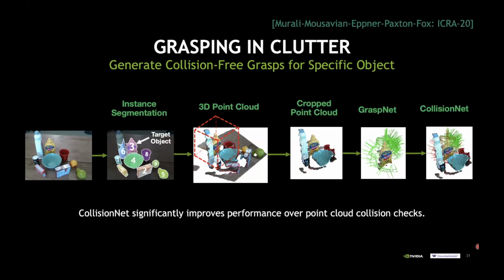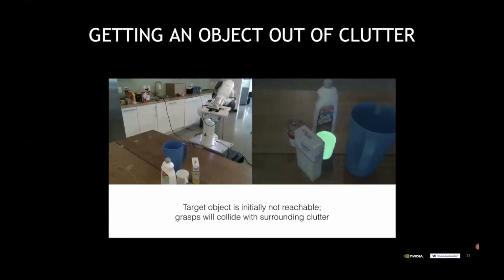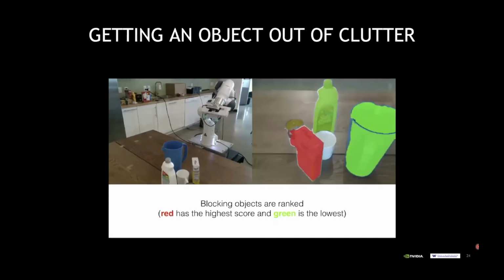So once we have this pipeline, we can now go into a scene and say the following. So here's a scene that the robot sees. On the right, you can see the camera image seen from the robot's gripper. And let's assume someone says, we want to pick up the coffee mug. So now the network looks at the coffee mug, generates grasps, and realizes that none of the grasps are collision-free because there are too many objects around it. We can now segment the scene and actually use the CollisionNet to find out which of the objects mostly contributed to the white coffee mug, the target object, not being graspable. So in this case, for example, it realized that the sugar box is the one that's mostly in the way.